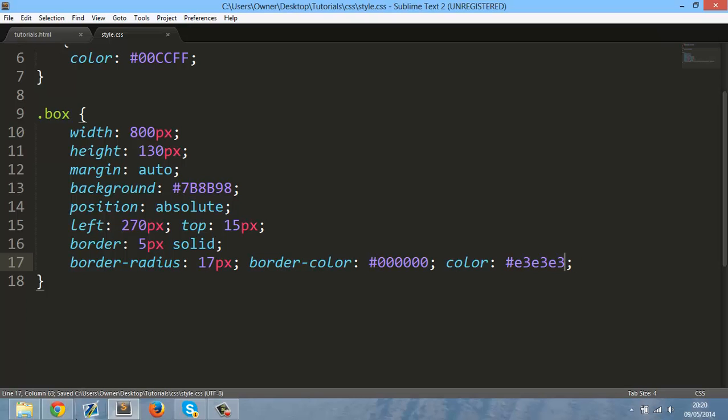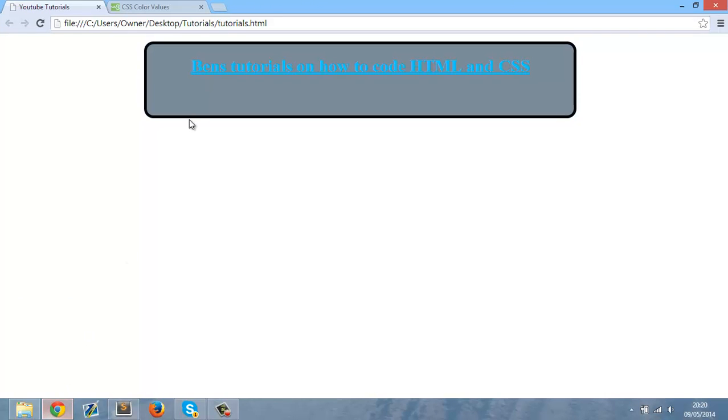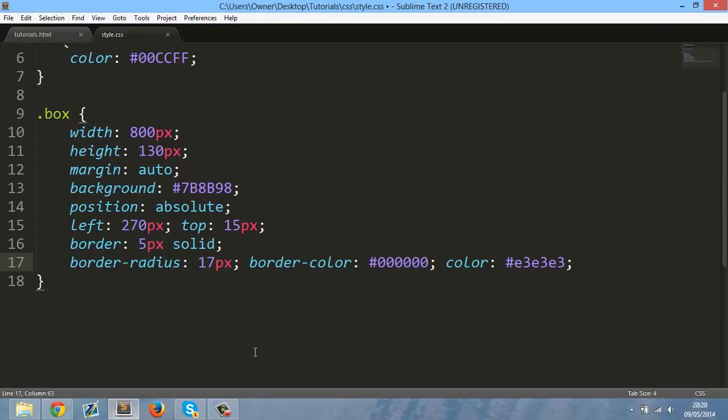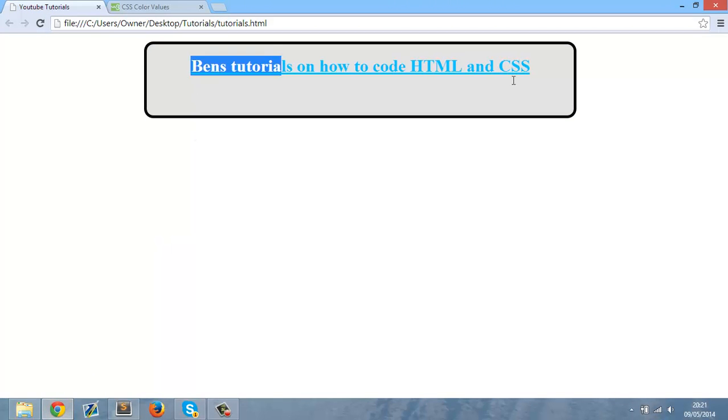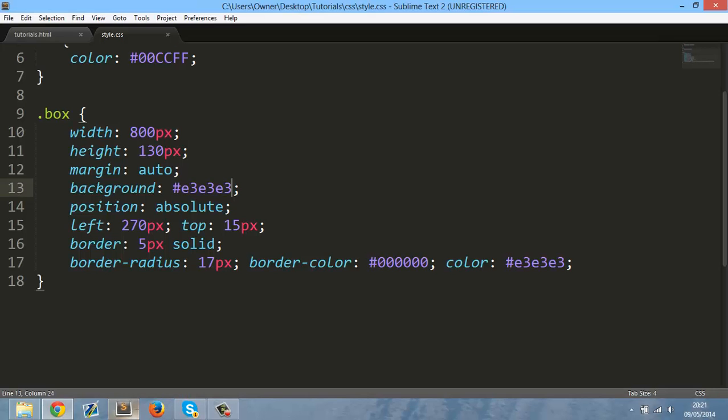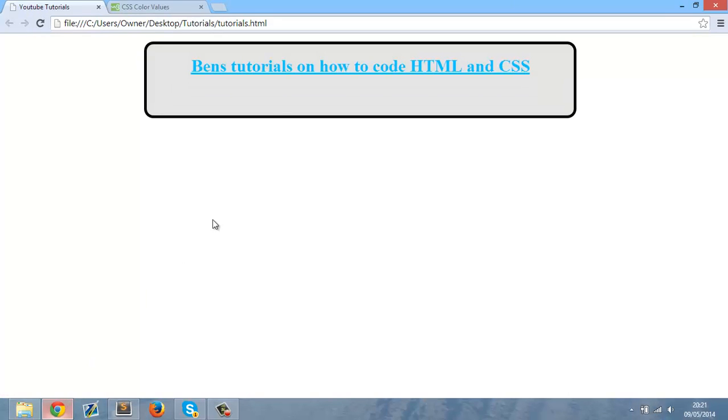Control S. Oops. Hold on, it's here. Control S. And if you go back into this, it is greyish, like that. Now I'm going to change the thickness of the grey to that. Okay, you can't really notice the difference, but